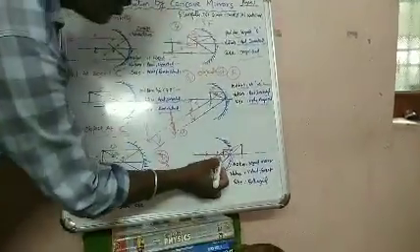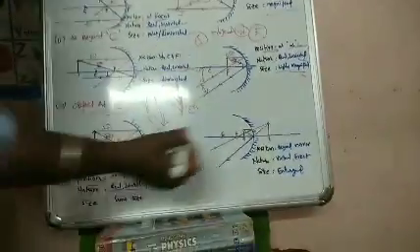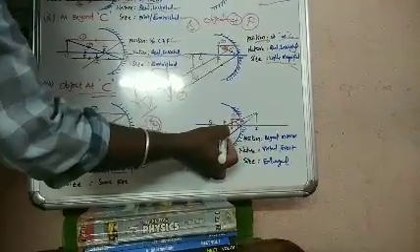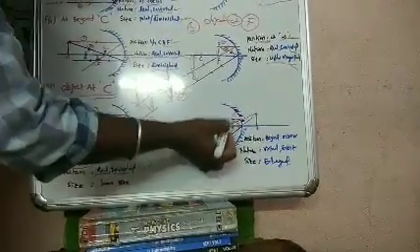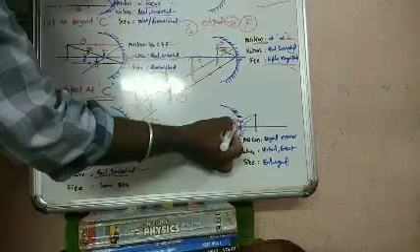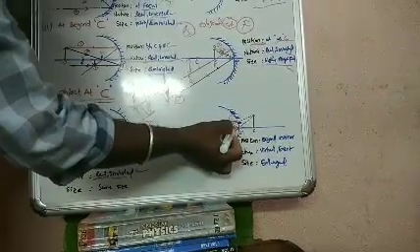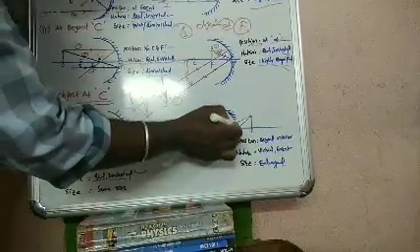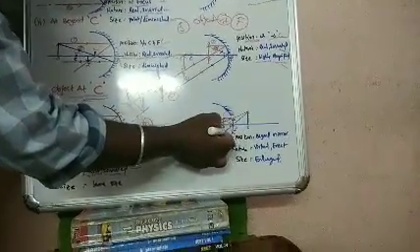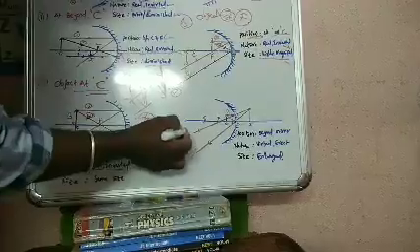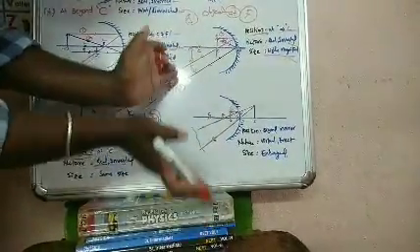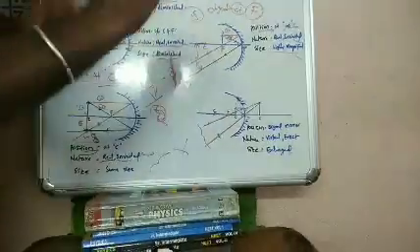Suppose the object we have taken is in between F and P. What happens? So this is the object. This is the first ray; after reflection it passes through the focus, because it is parallel to the principal axis. And this is the second ray. The second ray hitting the pole makes a large angle, and the same angle over here. So this ray goes like this. Here these two rays diverge from each other, so they never intersect anywhere.